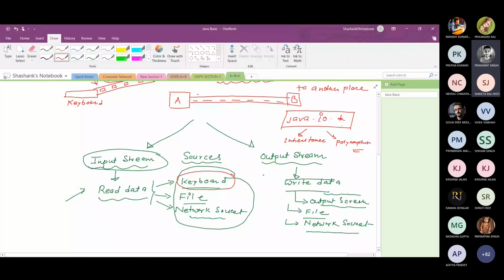Okay, जो अभी जरूरत पड़ेगी हमको कीबोर्ड से लेने की, असाइनमेंट करने के लिए. Okay, so the first class which is used to take the data from the keyboard and print the data over the output stream, that class is, okay.